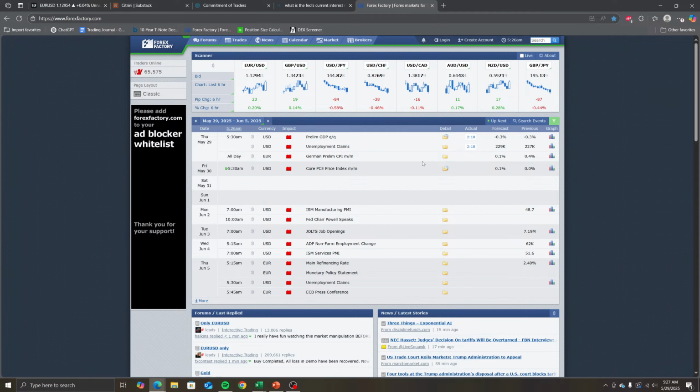Now, usually from what I notice, unemployment claims, as long as it sticks around the forecast zone, doesn't really move price up or down that much. Preliminary GDP, I don't know, this would probably matter more if people were in more of a sentiment that recession was near. I don't know if people are focusing on GDP right now. Unemployment claims, I don't even know what people are focusing on right now in general. I know these are important, but let's just see.